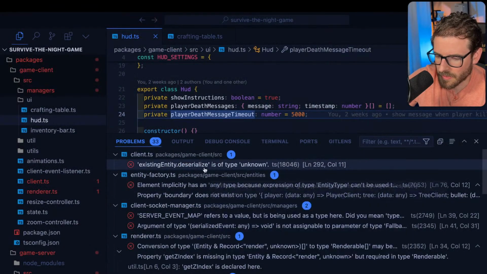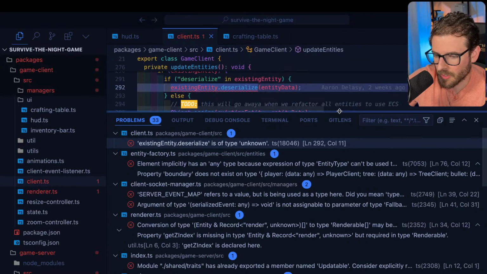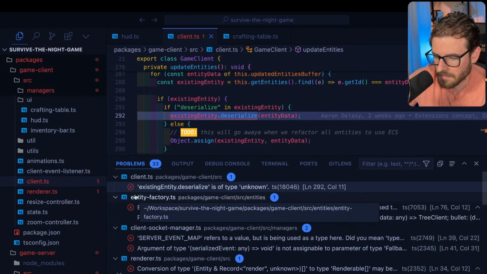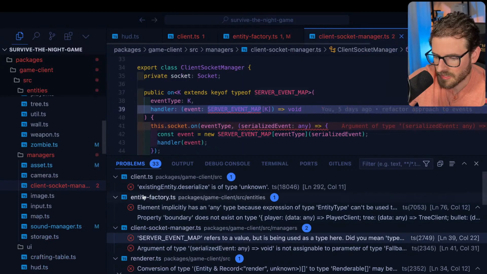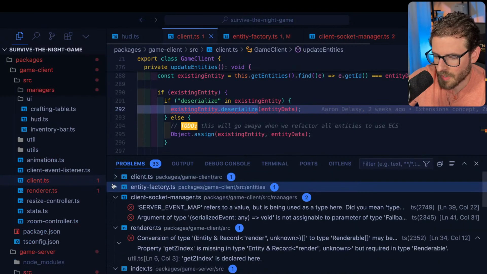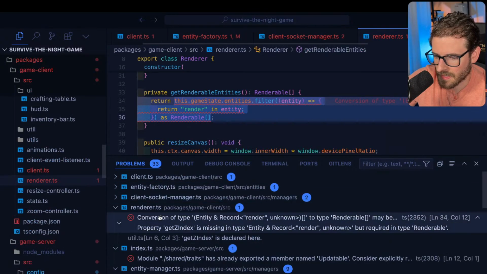I'm sure there's a way to do it, but with typed languages, you make that change, and then typically you see everywhere in your code base where you just broke it, assuming that these errors aren't just bad errors. So some of these, I need to just go through and spend time fixing them. Putting an any on them could probably work for right now, but here's some TypeScript errors that we gotta fix.